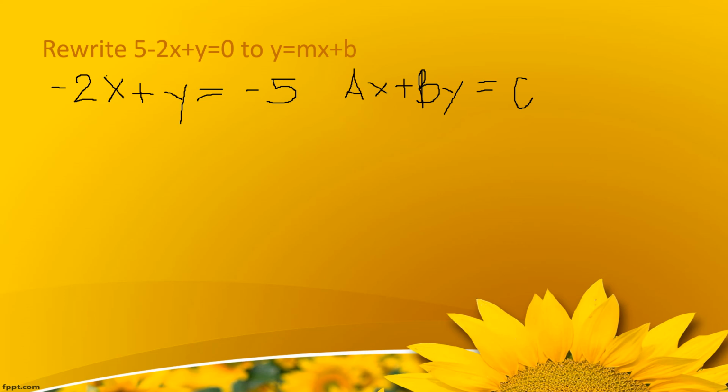So, ato siyang ibalhin into y equals mx plus b. So, dapat sa negative 2x, atong ibalhin siya sa right side. So, ang mabilin, si y. Y is equal to, ang negative, mahimo siyang positive kay, ibalhin siya sa right side, nitabok siya sa equal symbol. So, mahimo siyang 2x minus 5. So, as you can see, it is already in the form of y equals mx